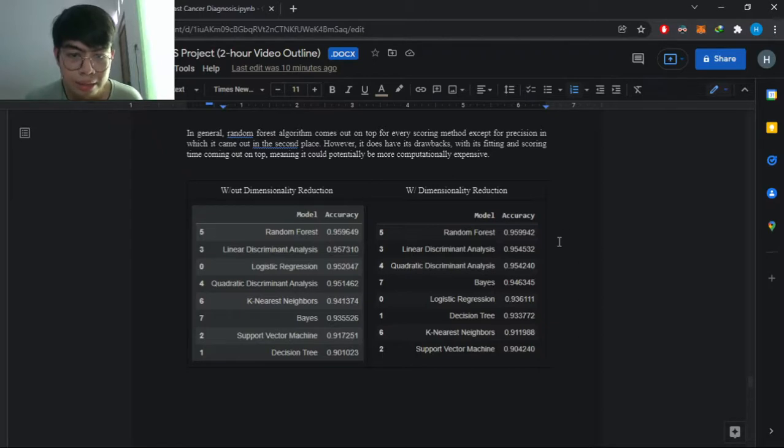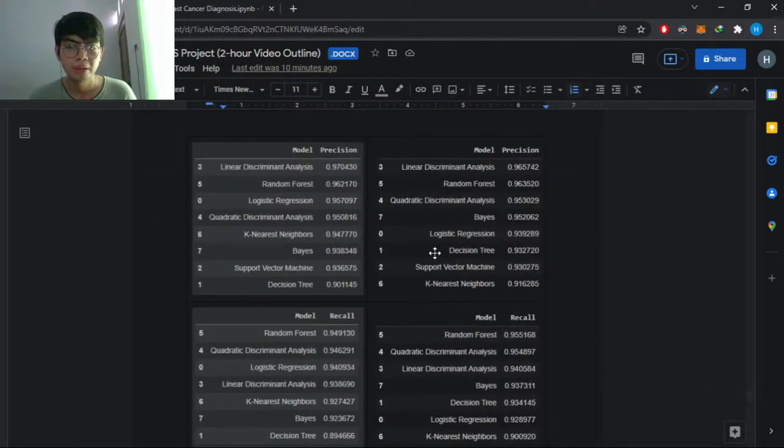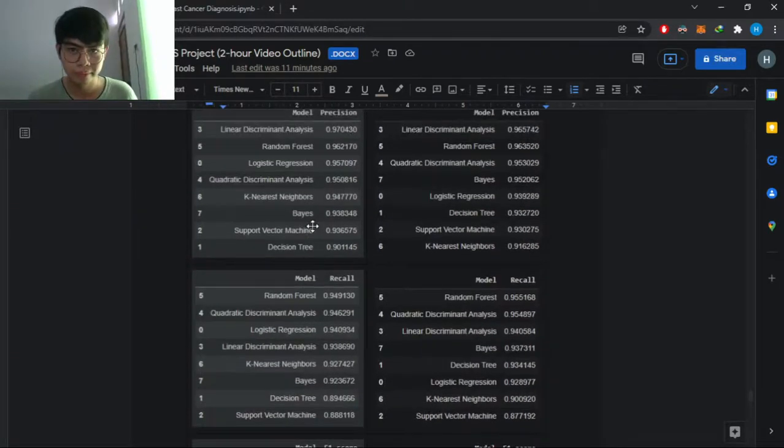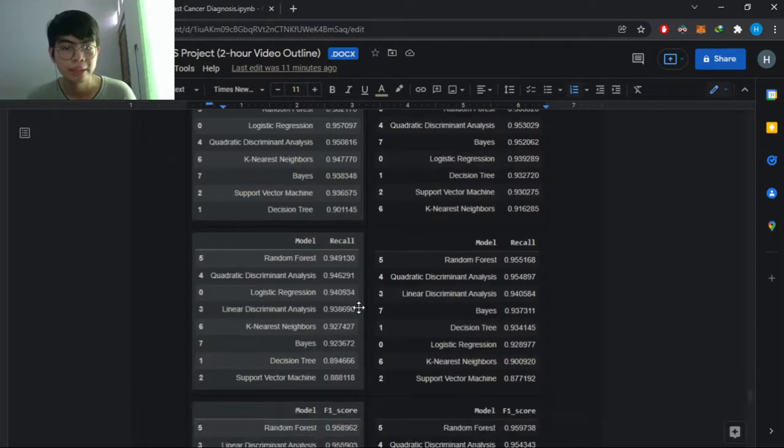So we can see right here that, generally speaking, oh, I suppose we cannot generalize because it is actually very inconsistent from one algorithm to another. But for this one, it is pretty much consistent. Generally speaking, the one without dimensionality reduction produces higher precision, and again LDA and random forest come out on top. And then here it is pretty much the same as well, where random forest comes out on top, and then QDA comes